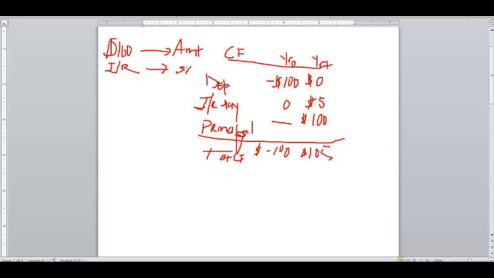So that $105 you're looking at next year is worth $100 today, in year zero. Because if you take that $100 and put it into an interest-bearing account like a bank,